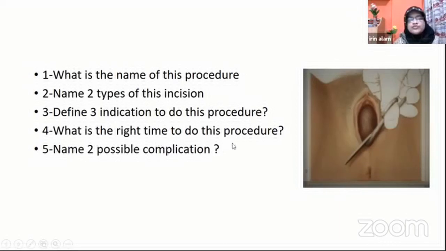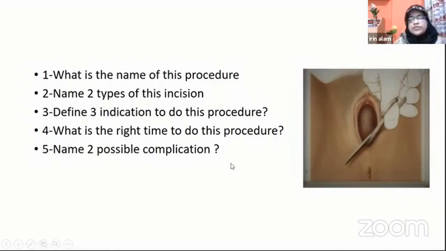What is the right time to do the procedure? When should episiotomy be given? Episiotomy should be given during crowning of the fetal head, that is bulging of the fetal head, when the perineum is threatening to rupture. One thing, episiotomy is not always needed for delivery. Episiotomy is not advised for all patients, even in primary, and even a primary can deliver without episiotomy.